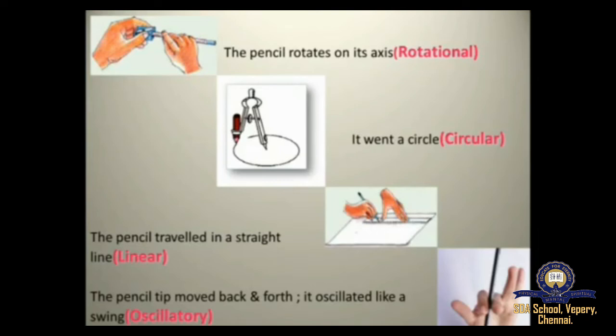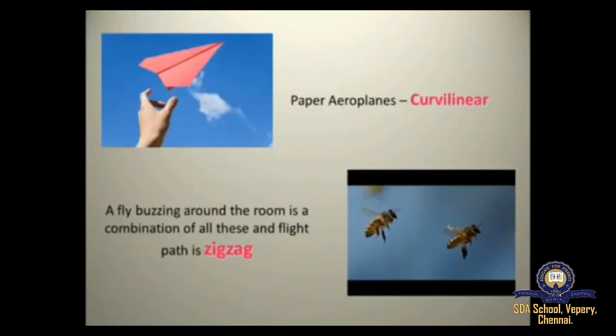And the fourth one is the oscillatory motion. What is an oscillatory motion? Coming back to the same position after a fixed time interval, like a pendulum. And the fifth one, we looked into the curvilinear motion. So what is a curvilinear motion? Moving ahead but changing direction, for example, like a thrown ball. And the last one, we saw the zigzag or the irregular motion. That is like the motion of a bee or people walking in a crowded street.